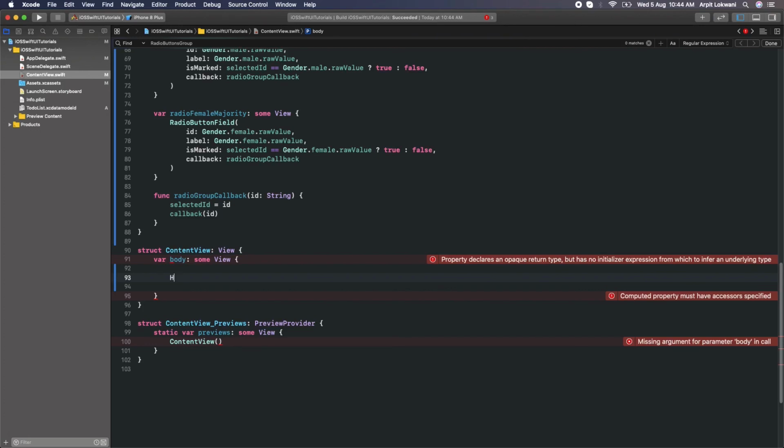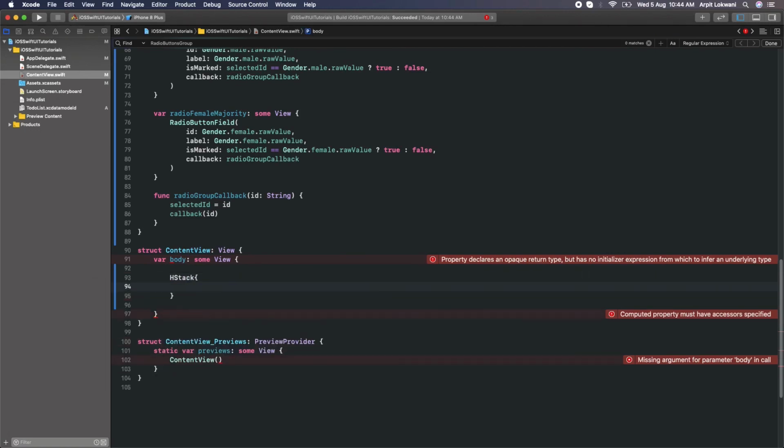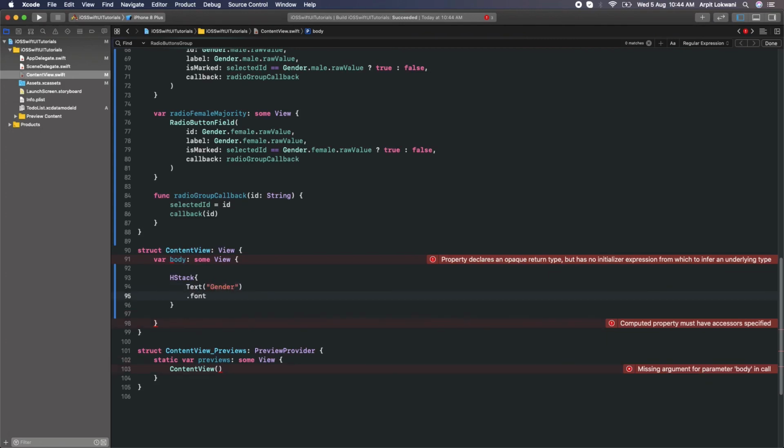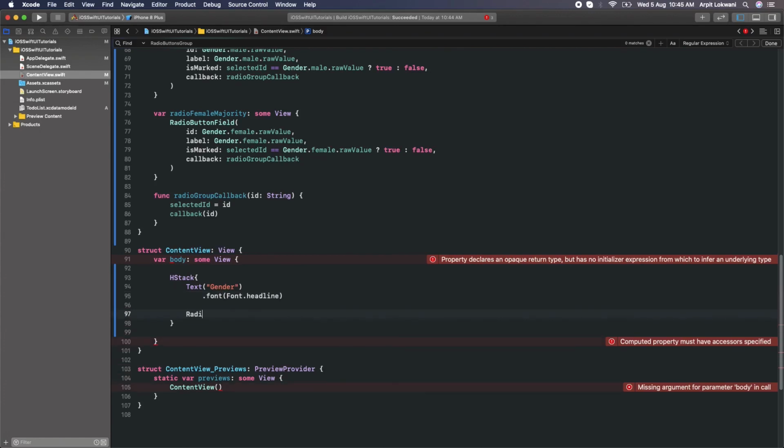So I am planning to put in a horizontal stack, and the text will be there, which says gender, and yeah, some fonts and all these we can set, but the basic one I will set is font dot headline.